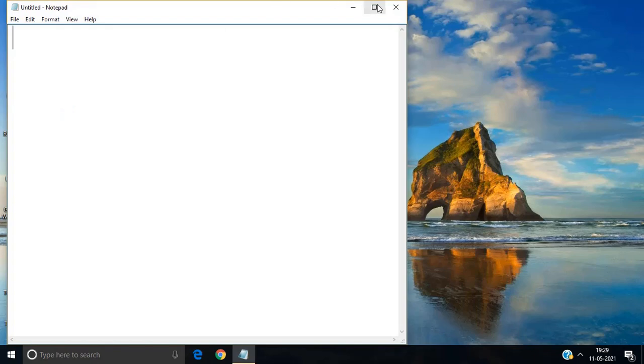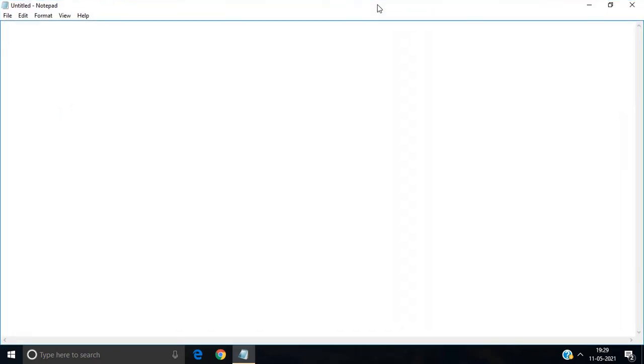What do you mean by a notepad? Notepad means it is a basic text editor. In our mobiles also we have notes as an option. An app is there, notes. Maybe some of you observed or some of you not observed, you can see that.